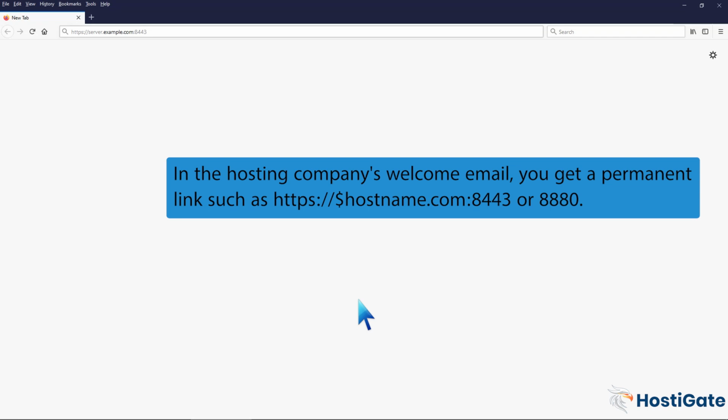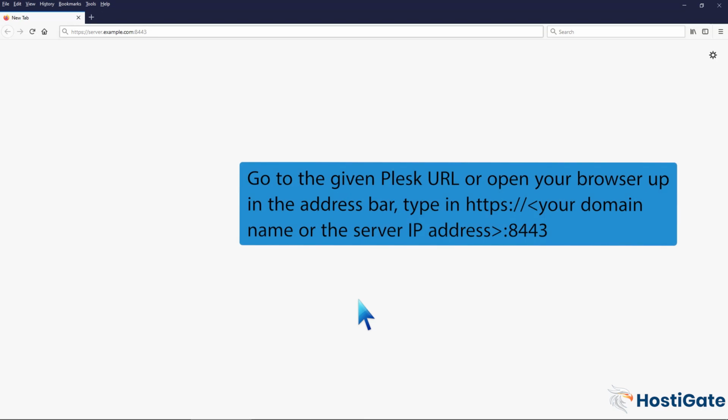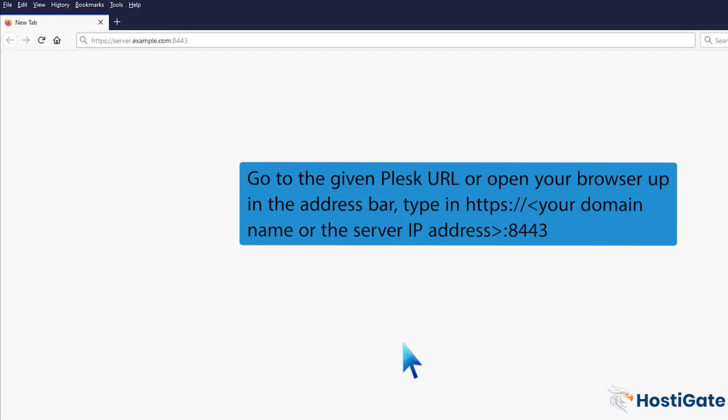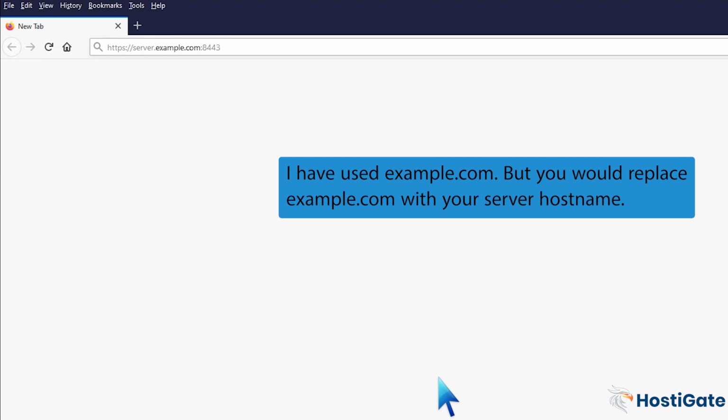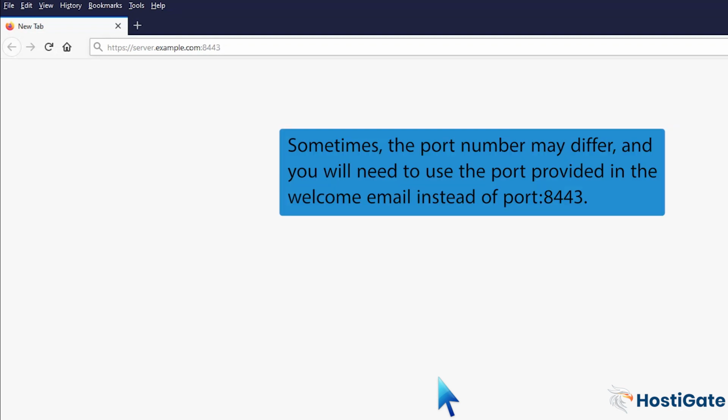hostname.com:8443 or 8880. Go to the given Plesk URL or open your browser. Up in the address bar, type in your domain name or the server IP address :8443. I have used example.com, but you would replace example.com with your server host name. Sometimes the port number may differ, and you will need to use the port provided in the welcome email instead